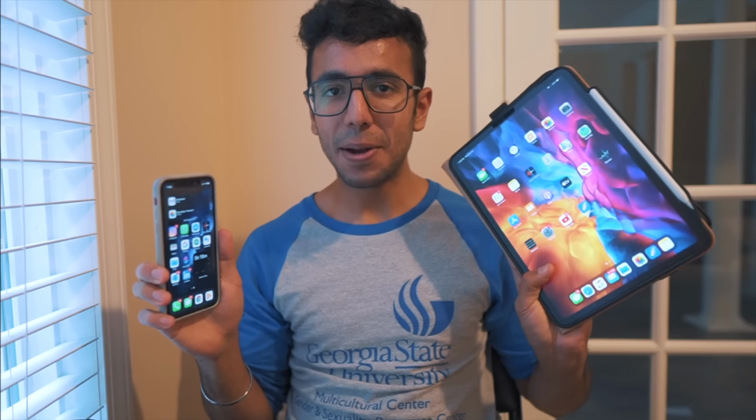So hi guys, I finally got a chance to try iOS 14 on my iPhone 11 and iPadOS 14 on the iPad Pro, and I have to say that this is the least buggy update that I've ever seen in years, because last year, especially on the MacBook Pro,